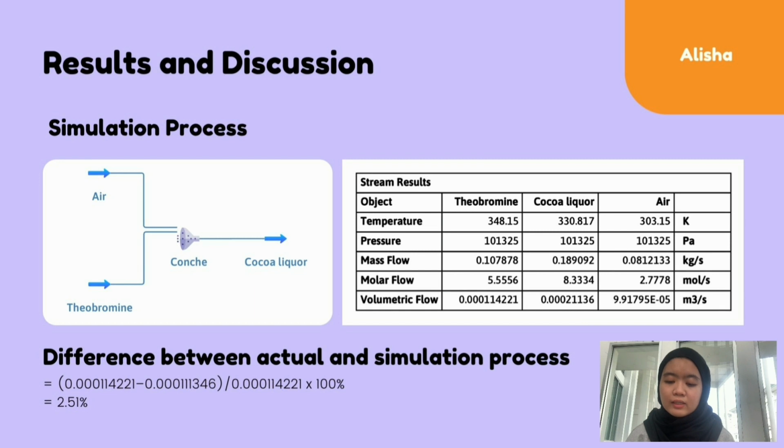And then for the simulated process, the volumetric flow of the theobromine is 0.000114. It increases, and then the difference between the actual and simulation process is 2.15%. This means that the process is more efficient, however, it is very